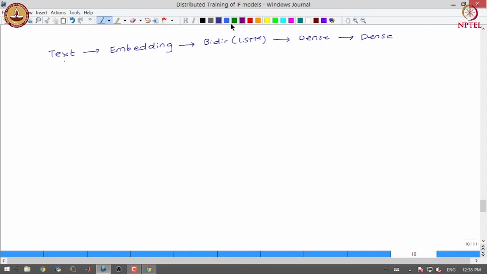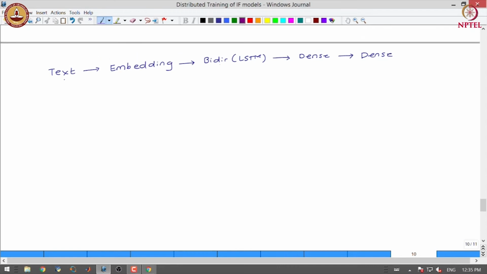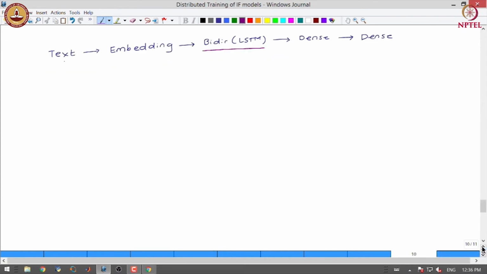We have already studied embeddings, so let us focus on bidirectional LSTM. So, this is how the LSTM models work. So, we have, let us say, an input sequence of length t.